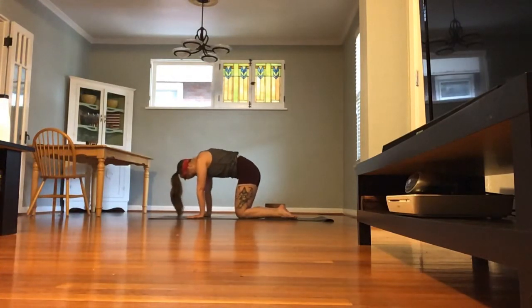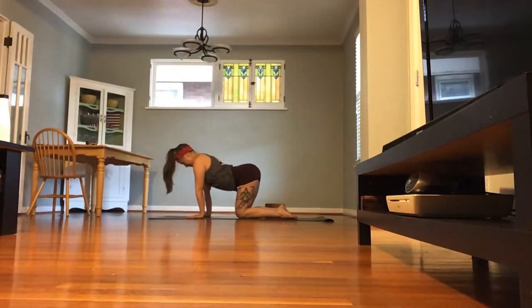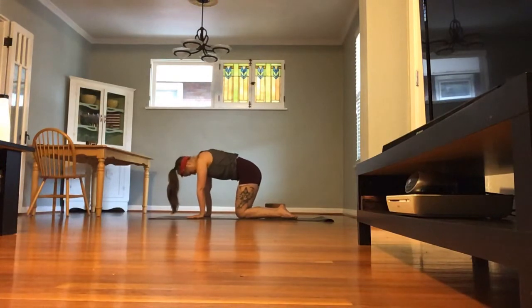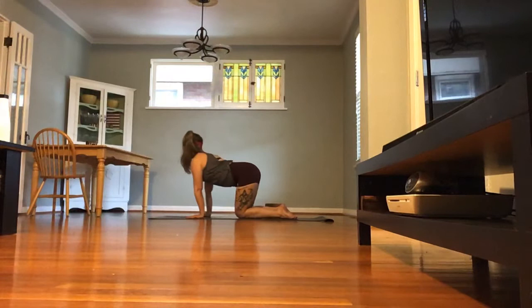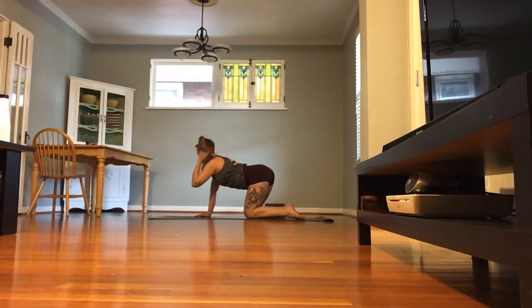Do one more round. Return to your neutral tabletop. We're going to find a puppy pose here. This can be as gentle or as deep as you need it to be. So with our puppy pose, I'm going to start to reach my arms out to the sides in a big